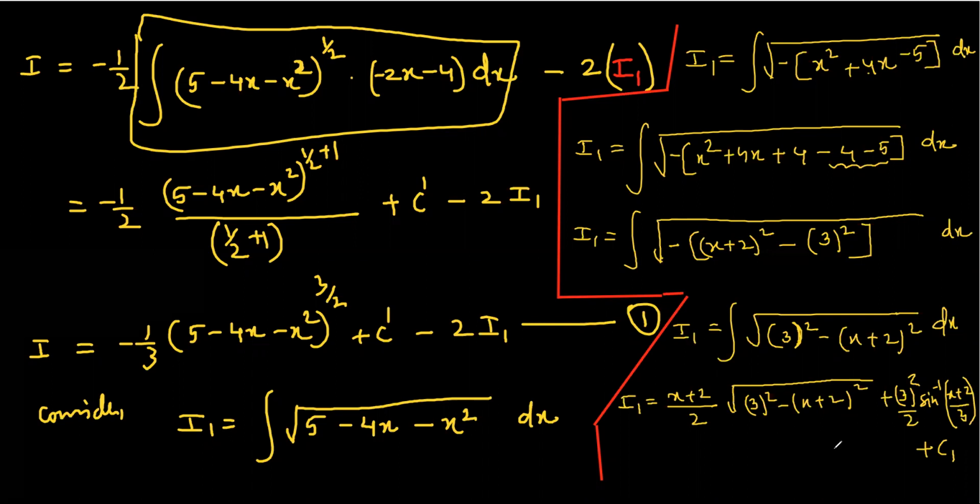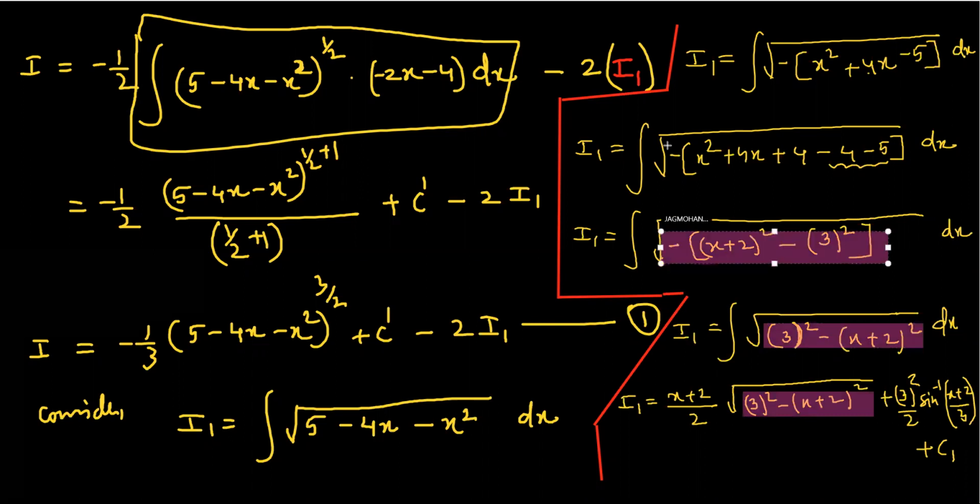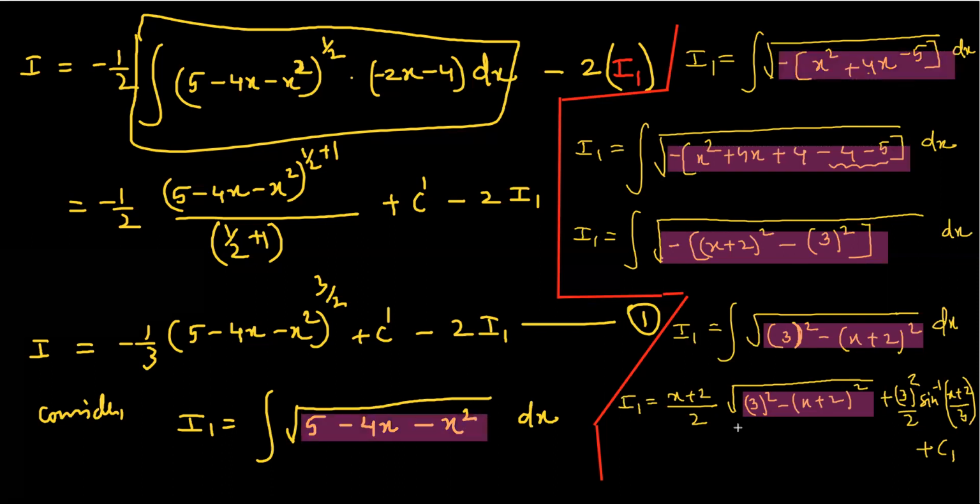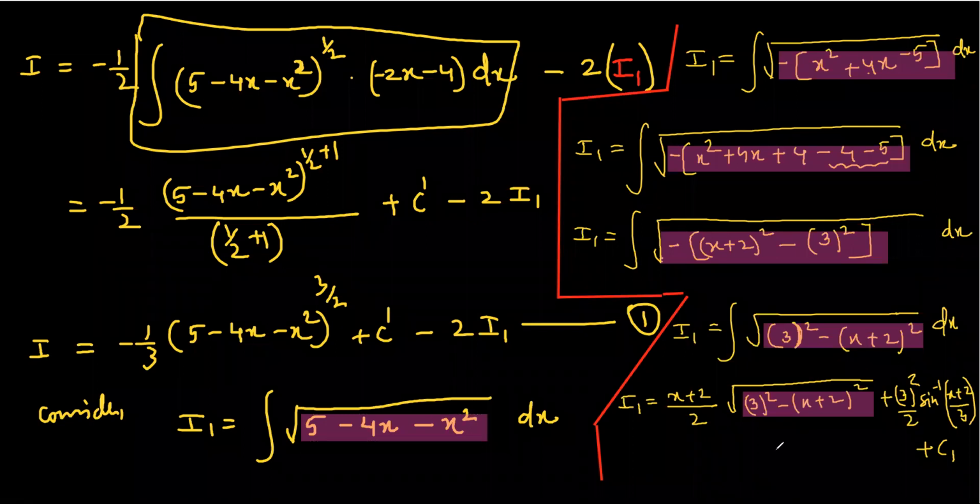Now what will happen, students? Next, you know, the content of the square root here is nothing but this thing, which is this thing, which is this thing. Yes, they all are the same. You only wrote it in order to make it look like a result, where you can apply a result, and finally this thing. So in order to make it look simplified, I will write this one. So here I will get I1 equals,